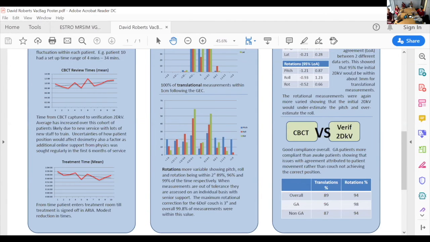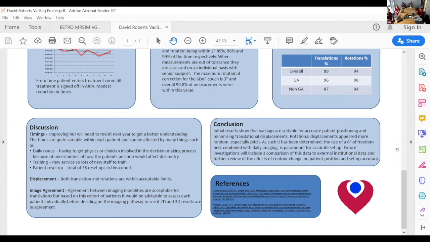So, a bit of discussion: timings are improving. To go back to why the timings took that amount of time, it was a new service. We had a lot of daily issues, a lot of uncertainty about how what we were seeing on